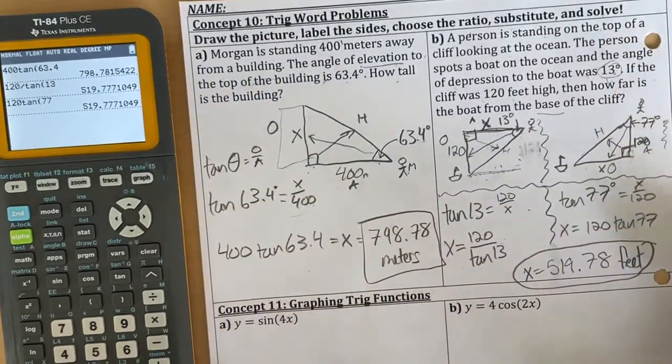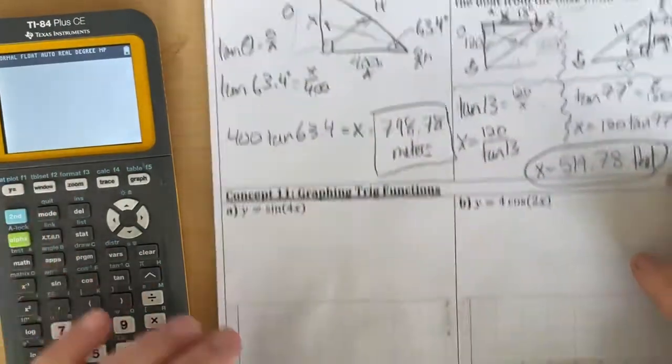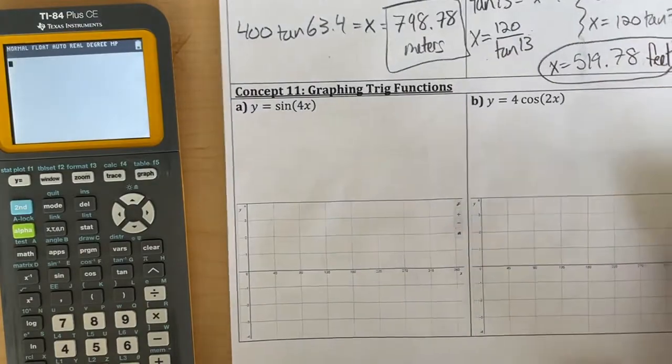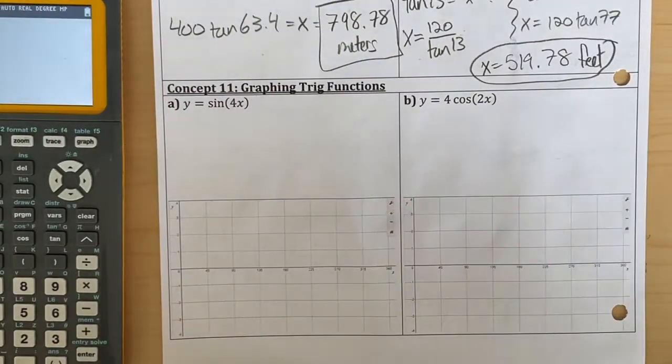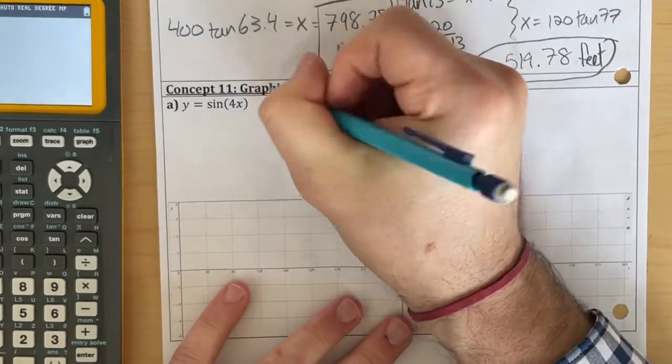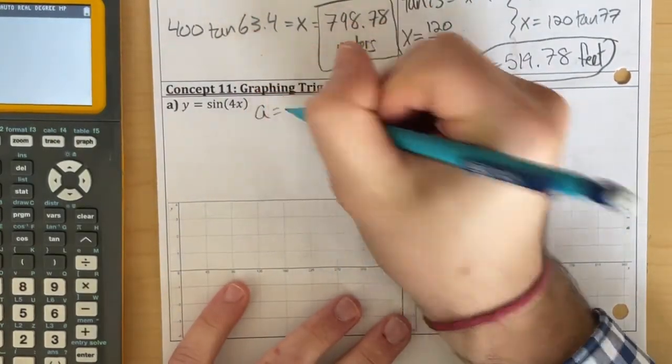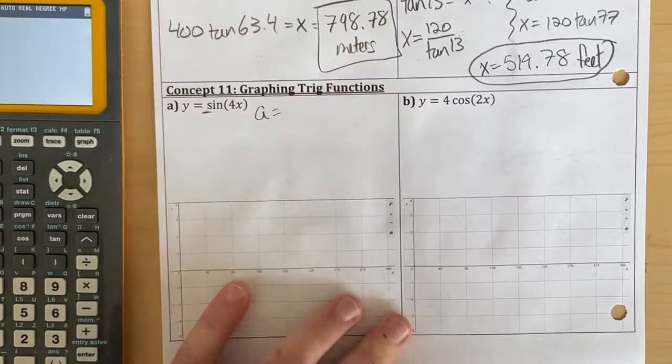All right, moving on quickly so that way we can get through this. Last concept, graphing those wonderful trig functions. So first step is this. I want to say, what is my amplitude? A, which is that leading coefficient. So we're going to say this is